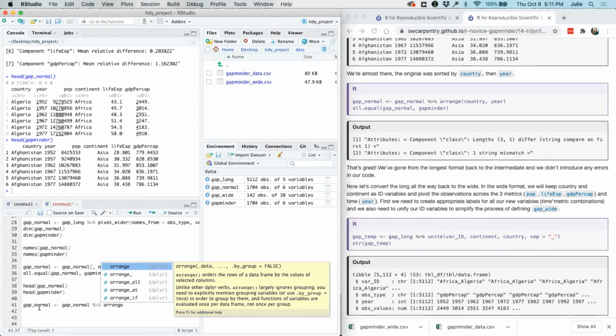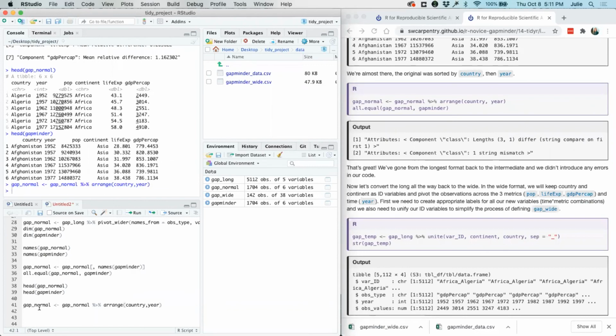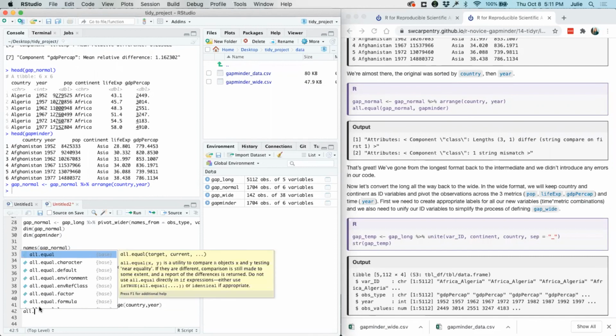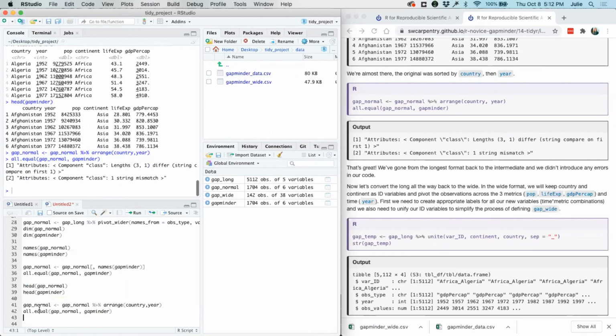So we'll use arrange, and then we want to make sure that we're sorting by country, then year. Pipe that, run that through, and then we'll use our all dot equal utility to then compare our gap normal and our Gapminder.